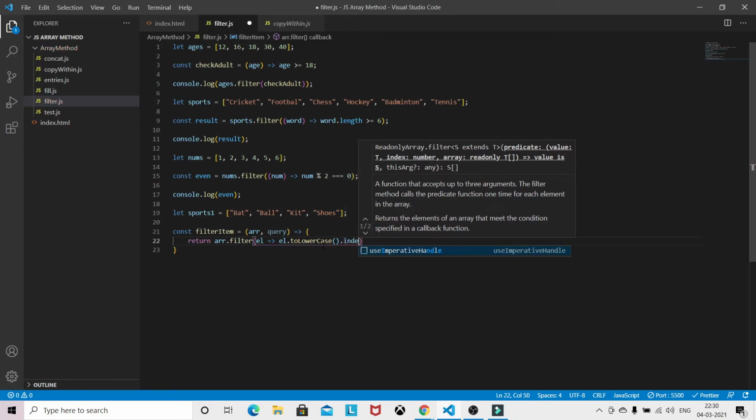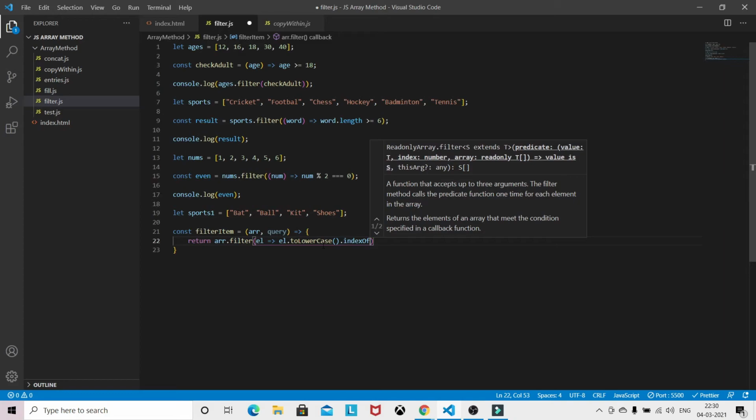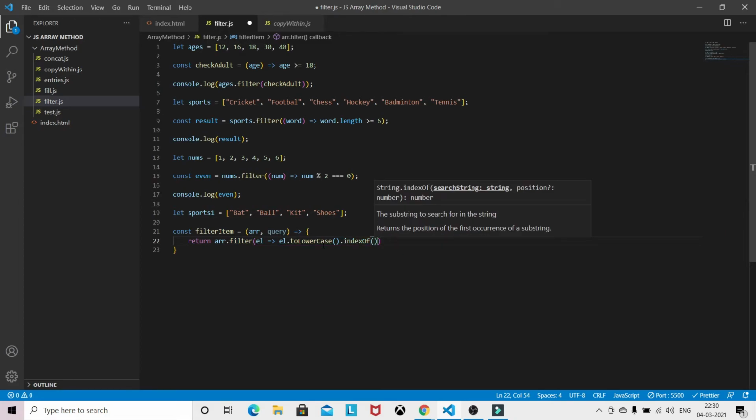Here we are using indexOf. indexOf is another JavaScript array method where we check whether an element is present or not in an array. If it's present, then it will return the index value, otherwise it will return minus 1. We will also see this indexOf in a couple of videos later. So indexOf query.toLowerCase.